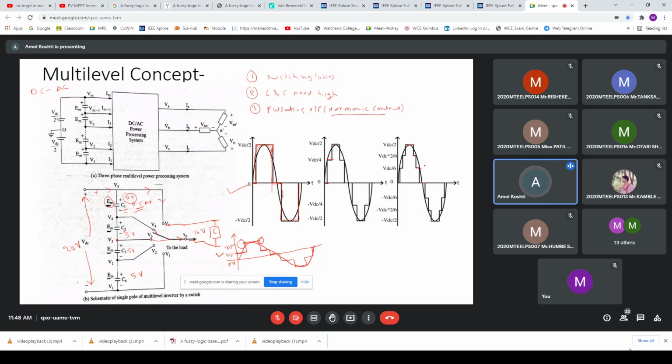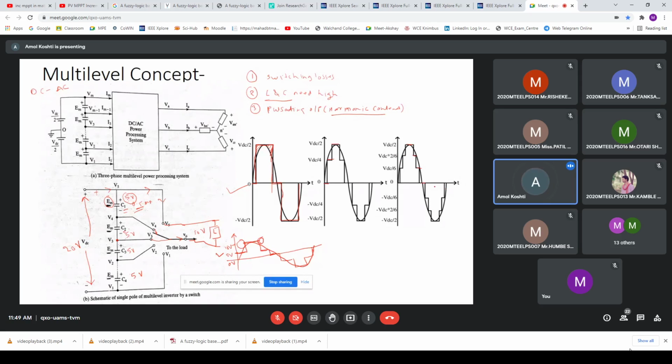Generally, getting a pure sinusoidal waveform at the end of any inverter is not directly possible. We have to use a filter circuit there. Even though we are using the filter, the size of the filter, the L and C value of the LC filter, is reduced. So the cost invested in the LC filter is less compared to the two level inverter. That is the reason we are using the multi-level output.